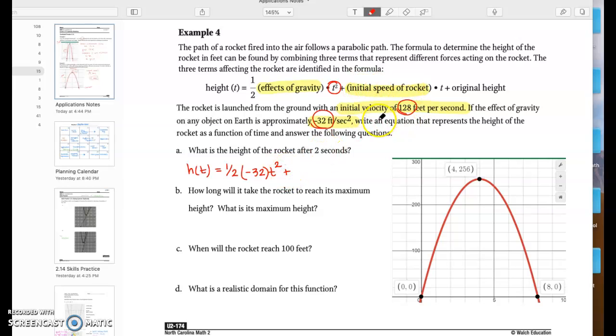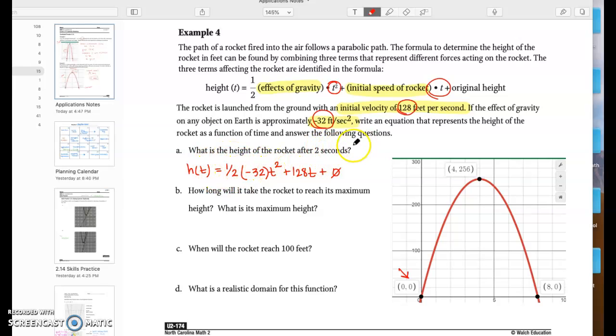Plus the initial speed of the rocket is 128 feet per second. That's being multiplied by t. And our original height is at 0 because we're launching from the ground. So you can also see that here on the picture, but they don't tell us that we're launching anywhere off of the ground, so we're going to assume that it's 0. So that's our equation that we're going to use to answer the question,